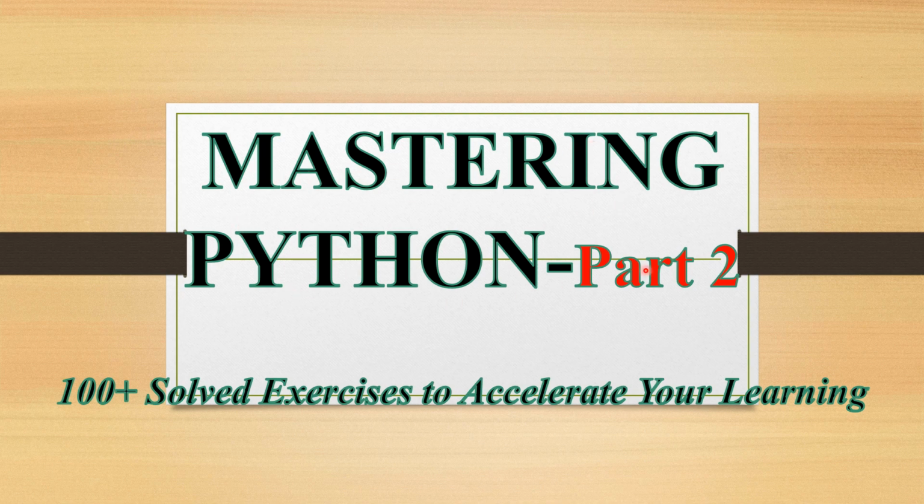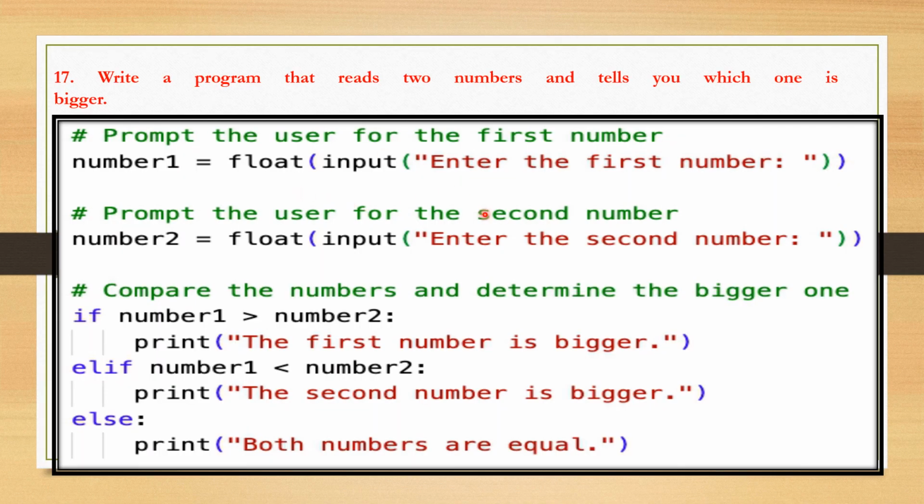Mastering Python part 2. In part 1 we discussed the basic programs. Here in part 2 we will deal with programs related to conditionals. Conditional statements mean if one condition is true, like if number 1 is greater than number 2, print this, else print that. So here we will start with this program, which says to read two numbers and